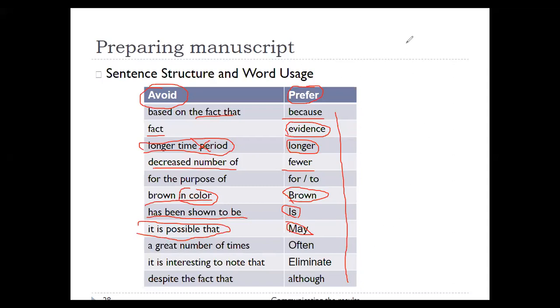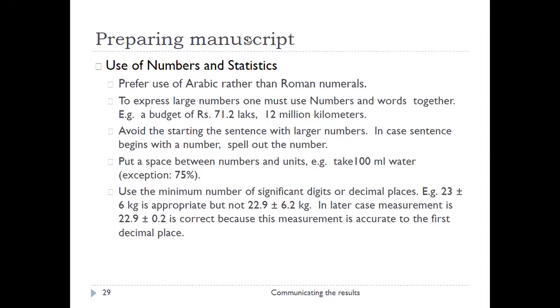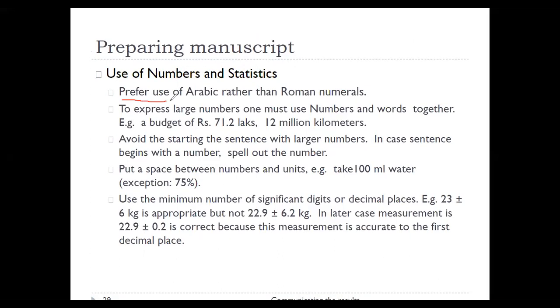There is, right, so these things we should take care of while writing the words. Now if you see the writing the numbers, always one should prefer the Arabic numbers than the Roman numerals, because Arabic numbers are easier to understand, right. If you go on writing the Roman numbers, people usually don't know how to write 51, right. In the Roman numbers, most of the people know the meaning of I, V and X and how to write the Roman numbers in this form.